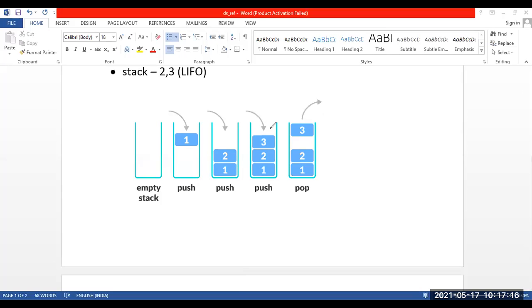Now pay attention. You only observe the first diagram here, only this one. So this is like a bucket. This structure is called a stack, which is like a bucket. Now if you visualize the bucket, you know that the top portion of the bucket is open, right? And the bottom portion of the bucket is closed. So this stack is also similar. The top portion here is open, and the bottom portion is locked or closed.